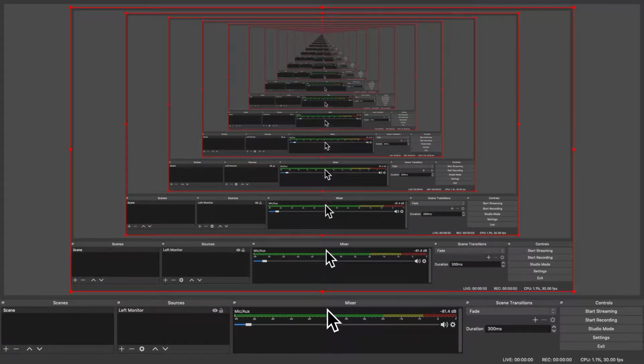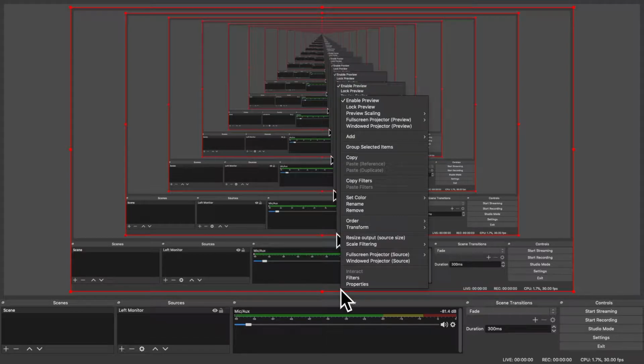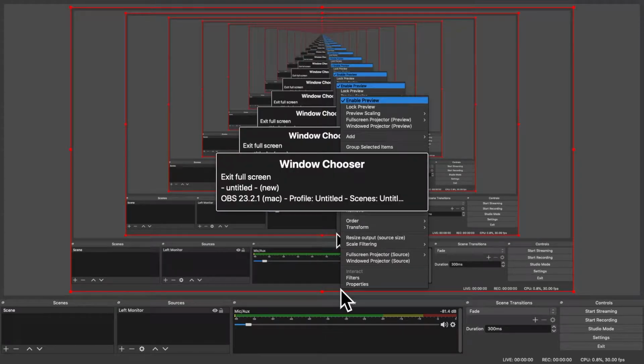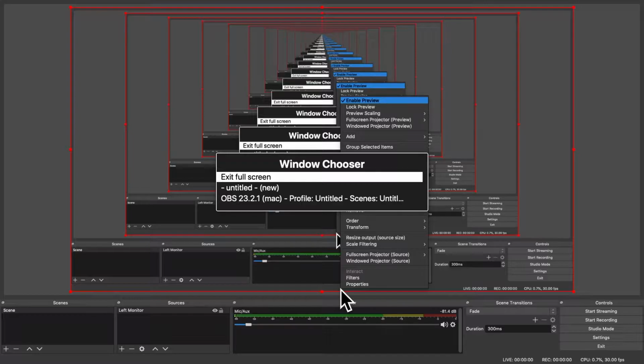What it doesn't work for is other types of menus sometimes. So for example, if I right-click, it'll say OBS has new window. But if I try and activate this, in this case, there seems to be a bit of a bug where it kind of doesn't really work, and I'm not quite sure why. It just doesn't show anything in the window chooser other than Backup and Sync, which has got nothing to do